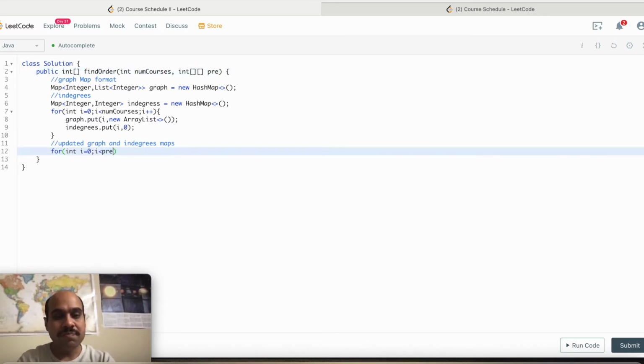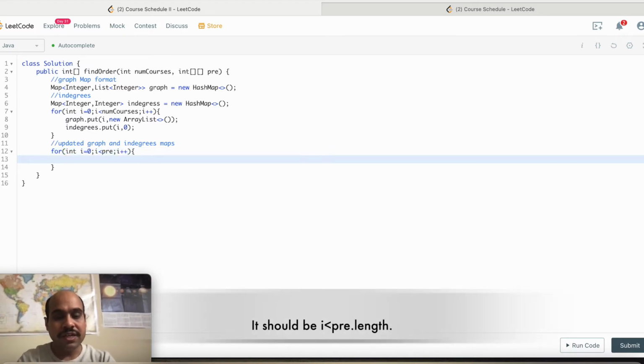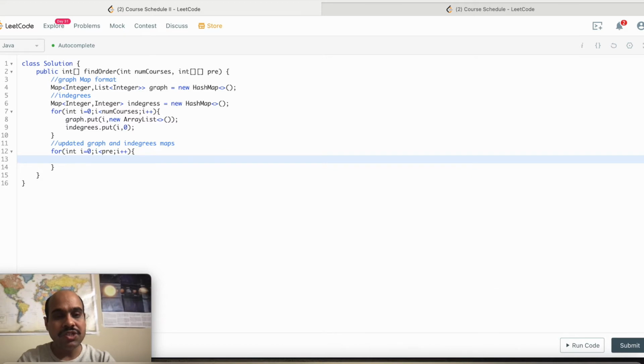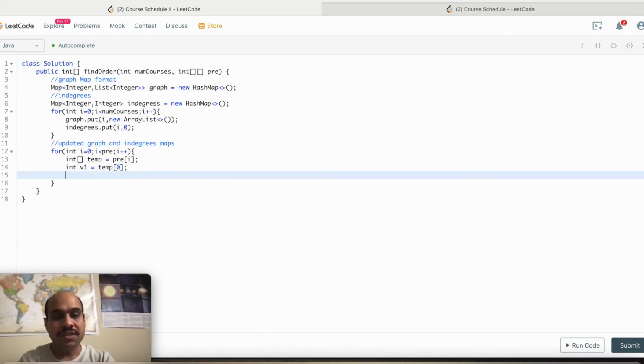So i less than pre, i plus plus, and here each element in this array of arrays is an array. So let me first create a temp array, and I will take pre i, then I can take int v1 as the first value in that temp, temp 0, and int v2 equals temp 1.